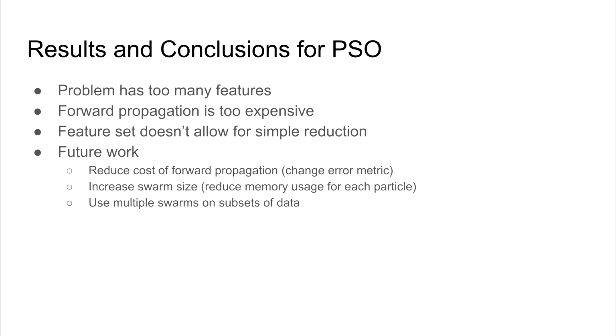So future work would be to reduce forward prop, make it so that that's the least costly thing possible. Essentially you would change the error metric. Right now it's making it so it makes sense to humans, but the algorithm doesn't care. So if we just do something that gradually minimizes, it might be far less costly. The 64-bit version of Python might work better. And also you might want to reduce the size of each particle in some way.